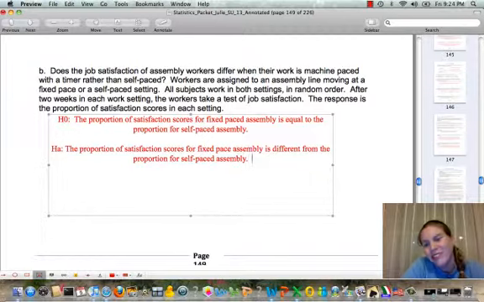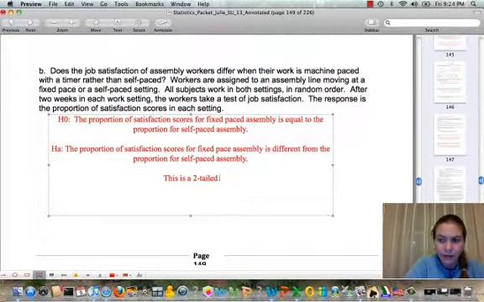And so this isn't saying greater than or less than, it's saying different. So this is a two-tailed hypothesis test